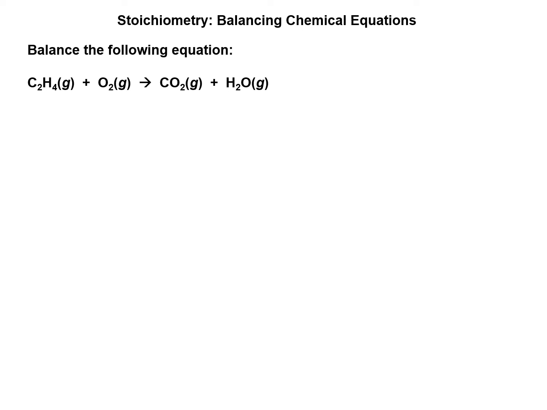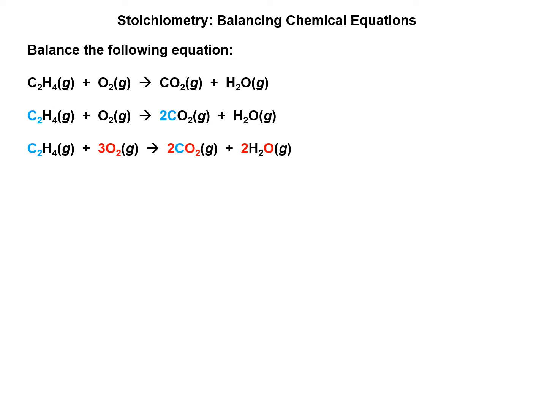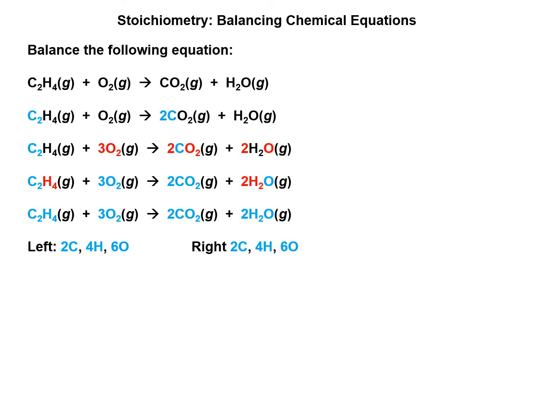plus oxygen equals carbon dioxide plus water. To balance this equation, I start with the carbons. I balance them so there's 2 carbons on each side. I then look at the oxygen, and I balance the oxygen so there are 6 oxygens on each side. I then look at the hydrogens, and I balance them so there are 4 hydrogens on each side. And then I look at the equation in its reduced form, since you cannot reduce one ethane molecule any lower, and